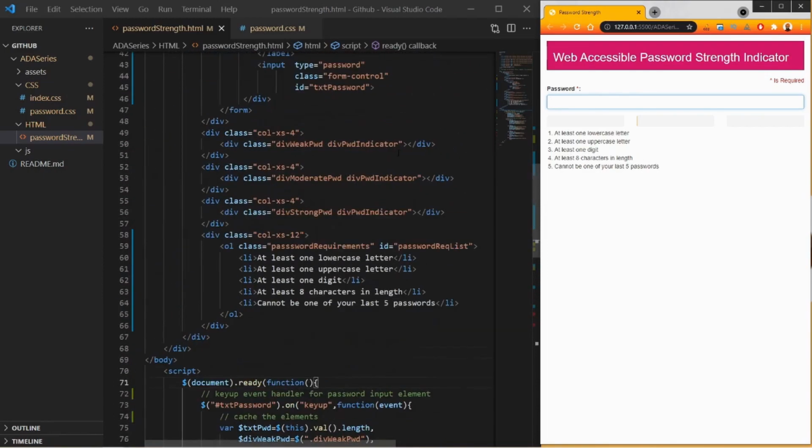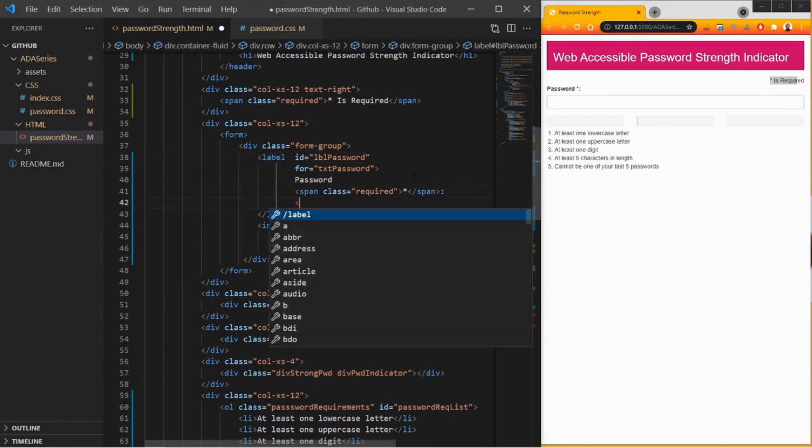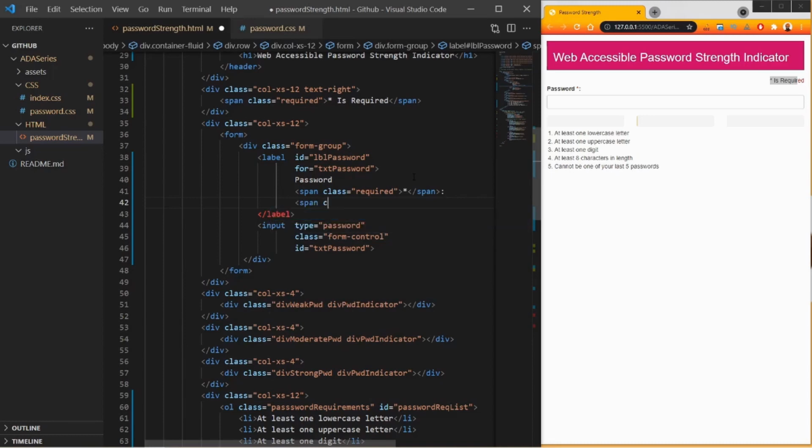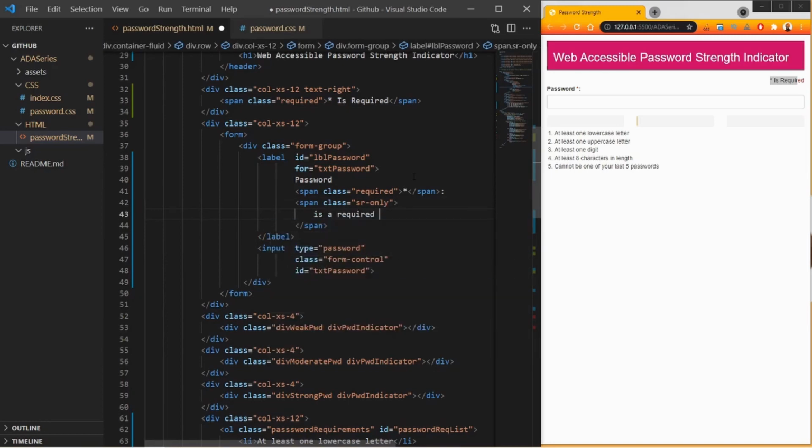Let's start with the first thing, to make sure that it is reading it's a required field. So this star here symbolizes it is required. If you go to our label section, within this we can have another span which will have a class screen reader only. So let's say is a required field and save this.